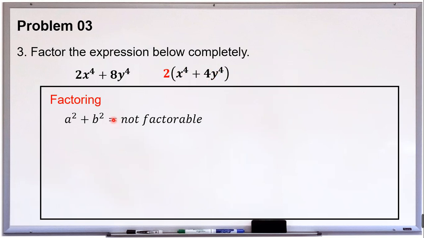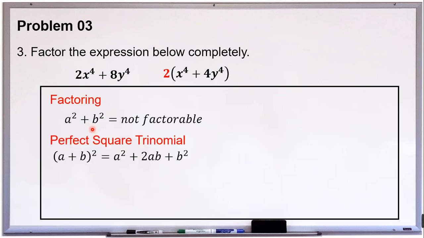Now, in our discussion on factoring the sum of two squares, in some cases it is not factorable. But there are some cases where we can still modify the sum of two squares and come up with an expression that is factorable. To do that, we are going to use the concept of the perfect square trinomial,